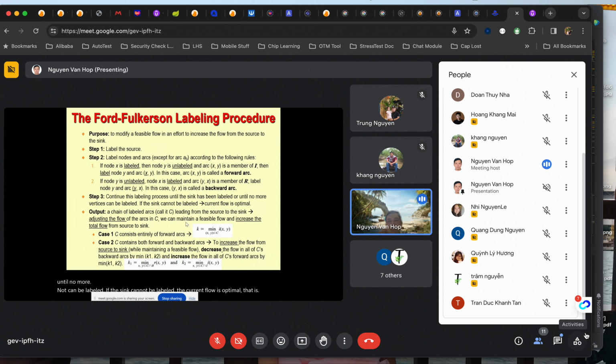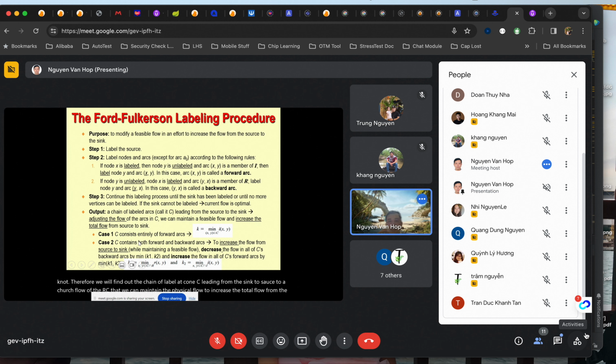But it's not finished yet, because normally we cannot label all of the nodes. Therefore, we find the chain of labeled arcs, called C, leading from the source to the sink, to adjust the flow of the arcs in C,